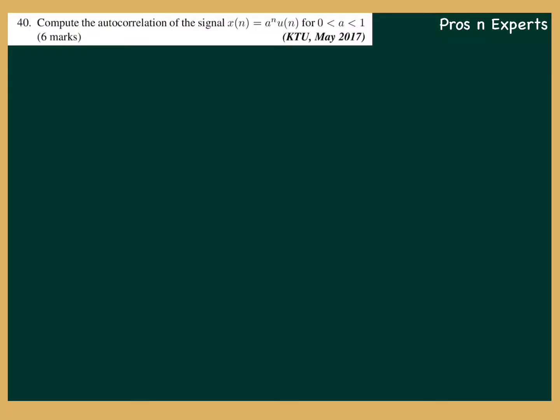Okay, let's move on to the next question. Compute the autocorrelation of the signal x of n equal to a raised to n u of n for mod a less than 1. Okay, so autocorrelation is the process by which two same signals are being correlated or compared. By the definition, the procedure to find out the autocorrelation of a signal